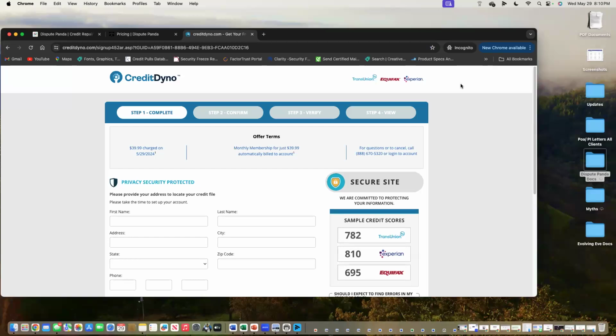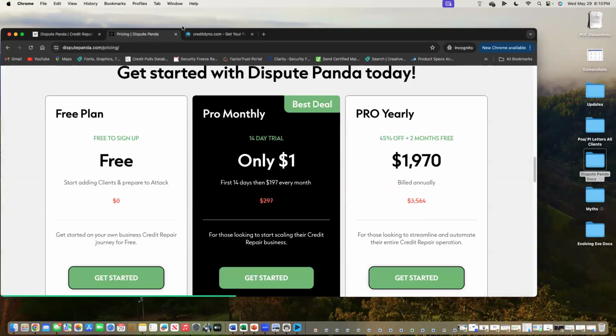Okay. You should on average allow 5 days for the letters to get there, 30 days for them to process the letter per the law, and then roughly 5 days for it to come back. So on a good average, the goal is for you not to pull an updated credit report but every 35 days. So if you are following that sequence every 35 days, you will get a free round of attack using both the free plan and the paid plan.